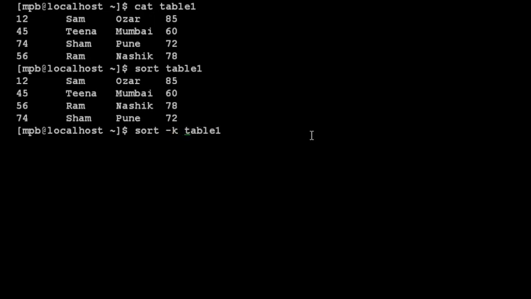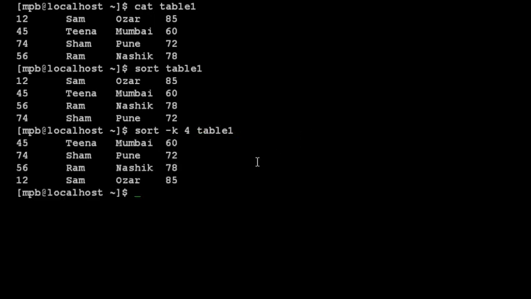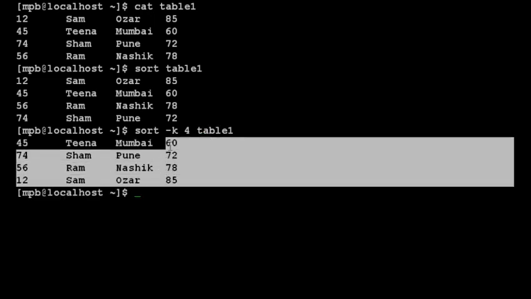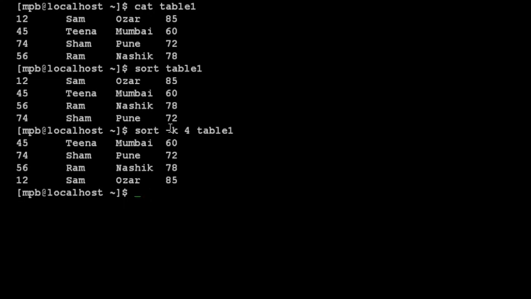K stands for key, and then you have to provide the column number. So if I say column 4 and enter, then you can observe that according to the fourth column the output is displayed: 60, then 72, then 78, and then 85. So -k stands for key column. According to that column number the file will be sorted.